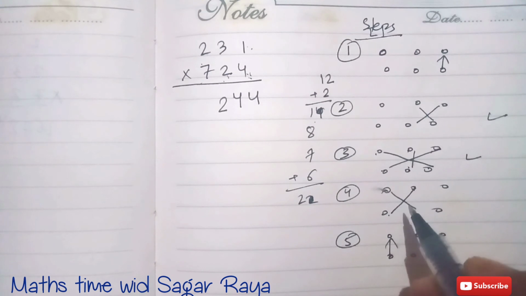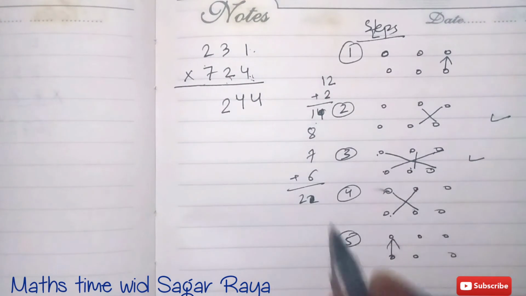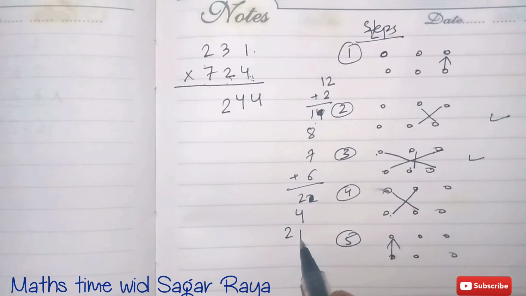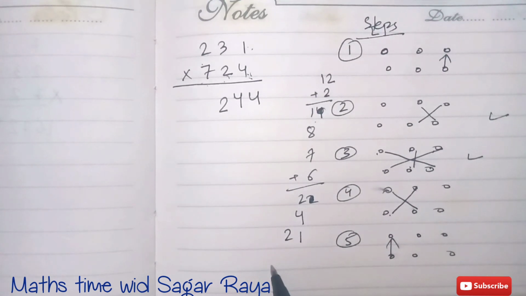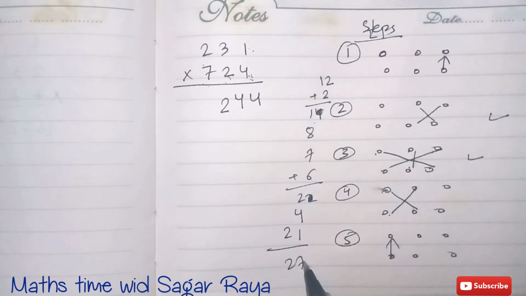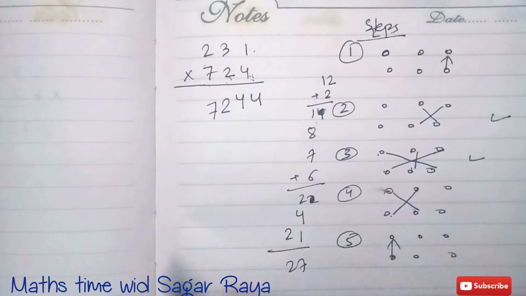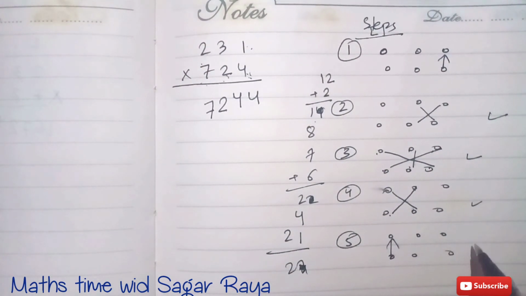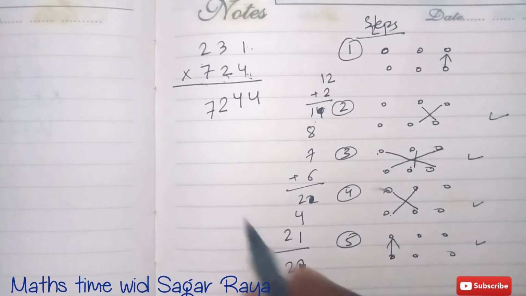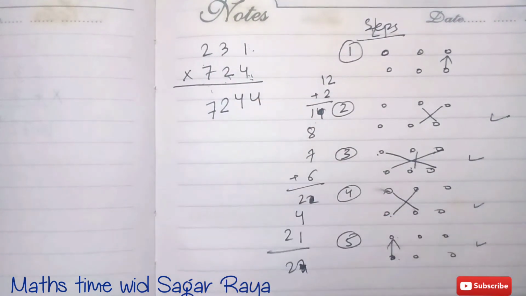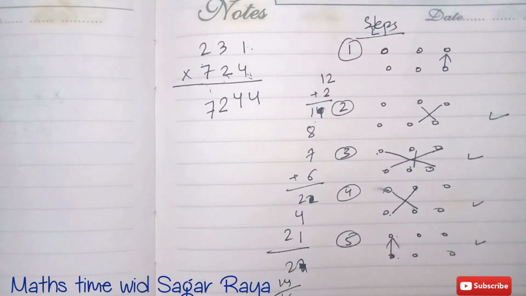Now we will do the fourth step. In the fourth step we will multiply 2 times 2 is 4 and 7 3s are 21. Now just add, 21 plus 4 is 25, plus 2 is 27. So write down 7 and carry is 2. In the final step we will multiply the leftmost place digits. 7 2s are 14. So 14 plus 2 becomes 16.